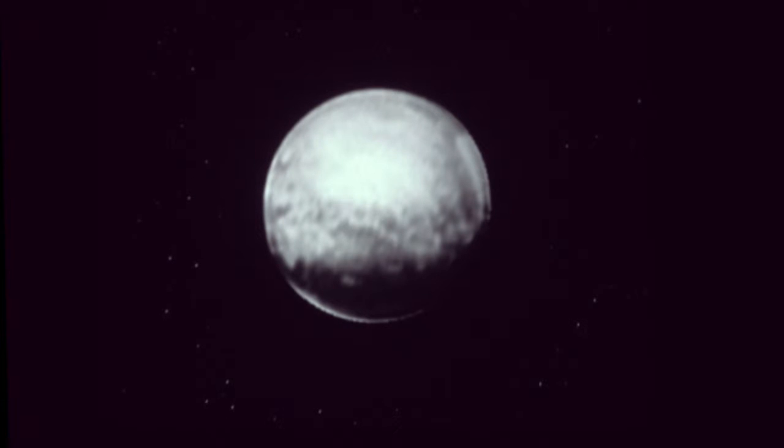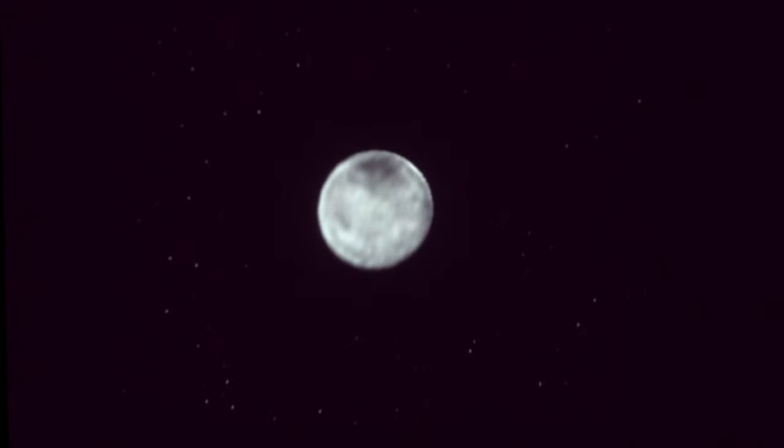And this is a view from just a couple days out before the close approach. And that was what Pluto looked like and what Charon looked like. And so we were certainly starting to see evidence of features. The interesting thing on Charon is it's got a dark polar cap. The North Pole is about right here. And so here's